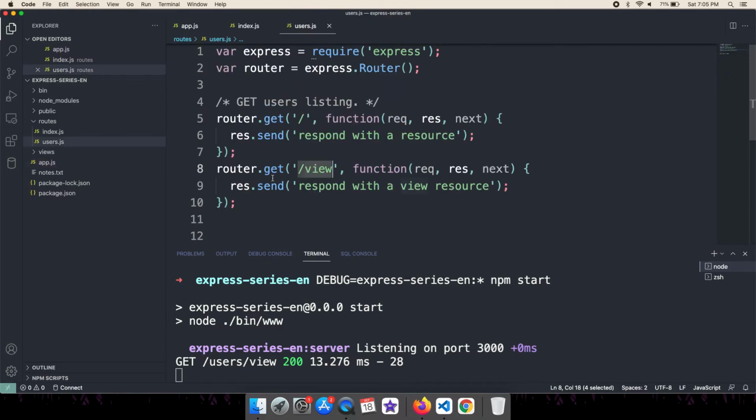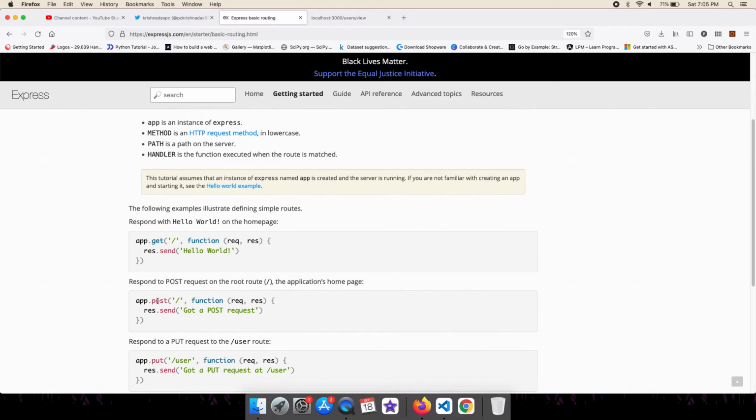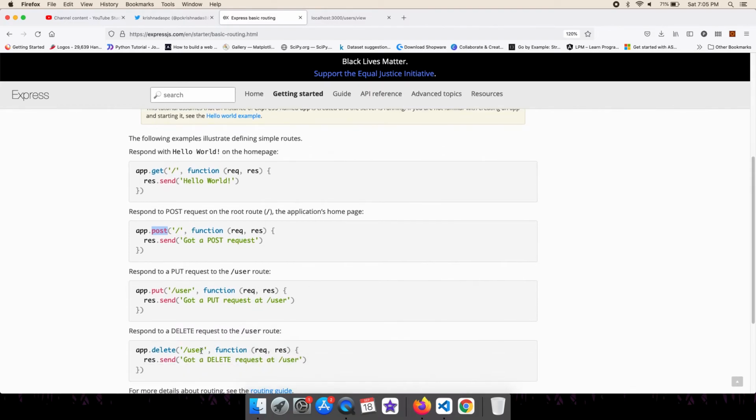All of these are actually get kinds of requests. We haven't used any other kind of request now, because we will cover other kinds of requests later. Here you can see we have a post kind of request. Generally we use post requests when we submit a form, and there are put and delete, which is used when you delete some results in your database. So this is about basic routing in our application.